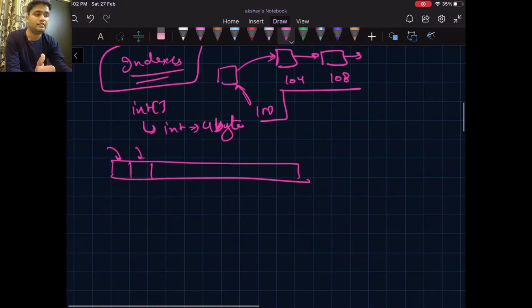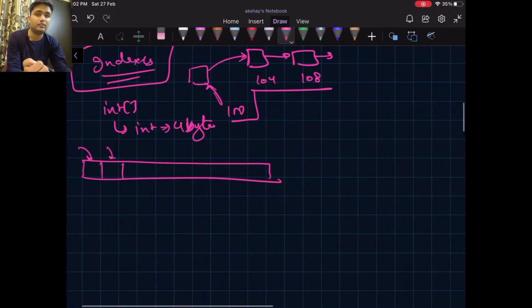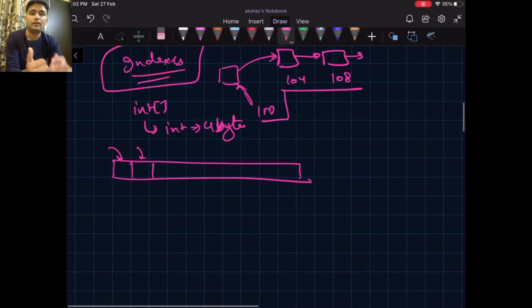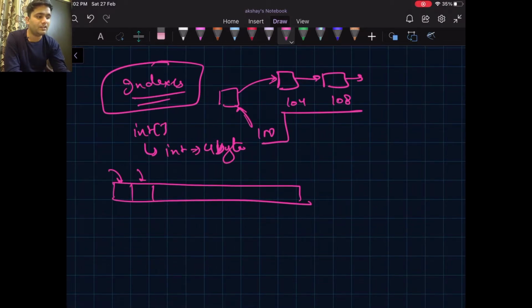So indexes make us use array to find some value at some index in just an instant, in Big O of one complexity, that is constant time complexity. Okay, so how will that be done?